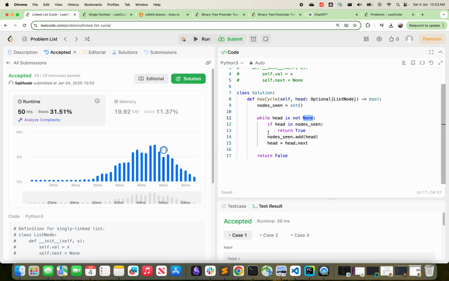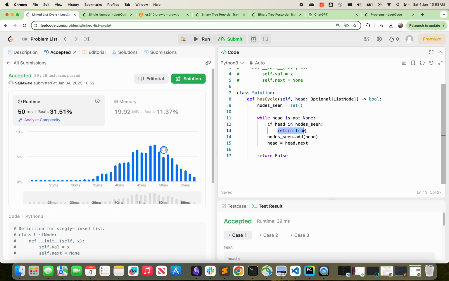We are moving the nodes from one to the next in the linked list in this loop. And we also have a condition that if the current node, which is our head, is inside the set we have initialized,